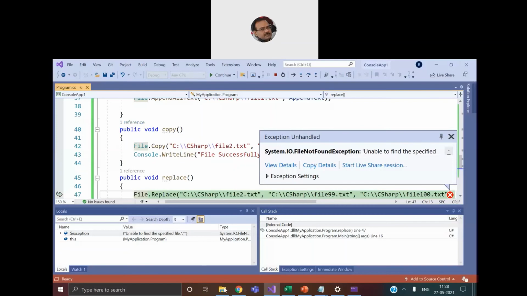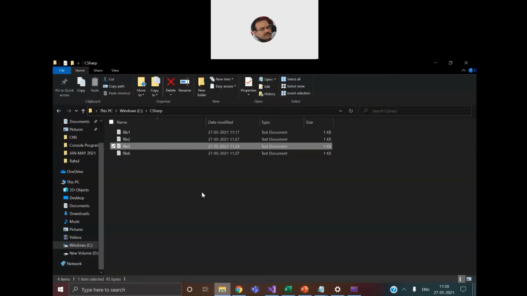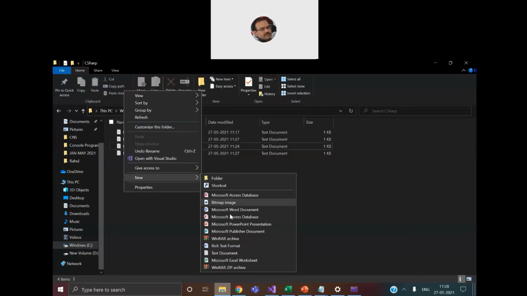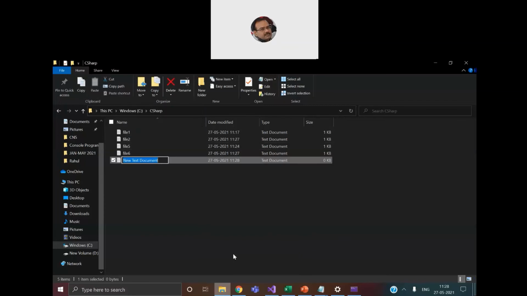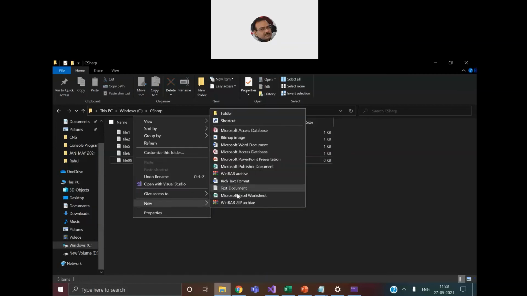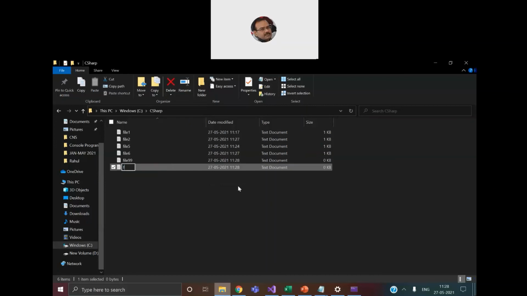So what we need to do to make sure that the function works successfully is create a new file, 99 and then 100.